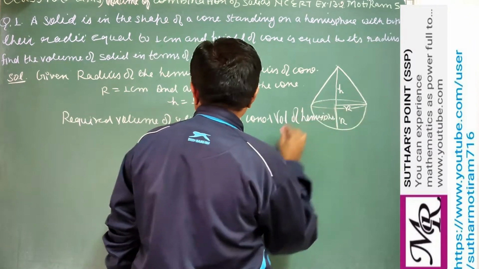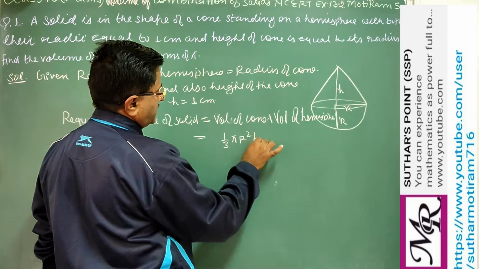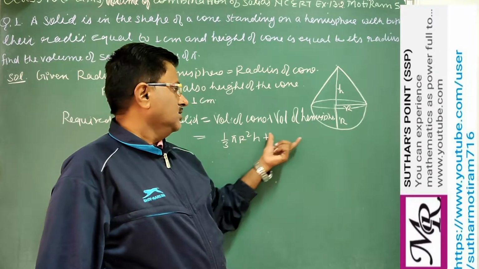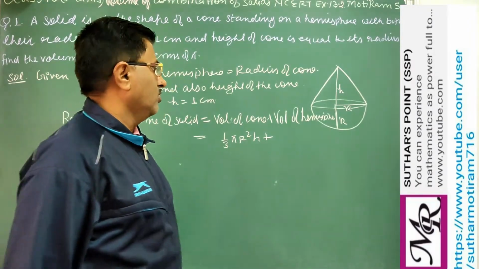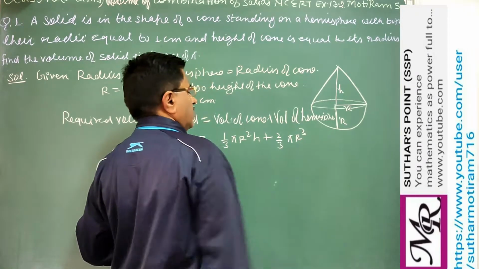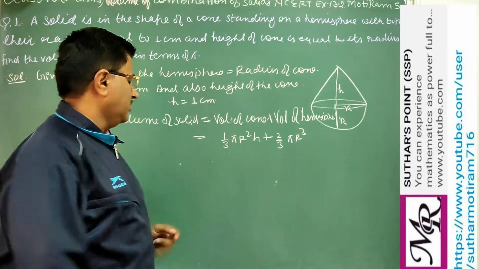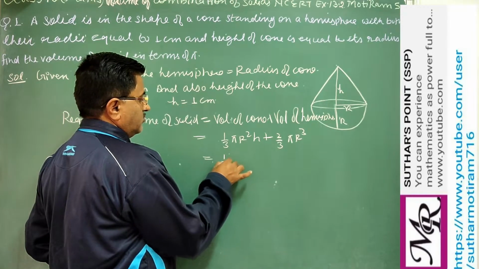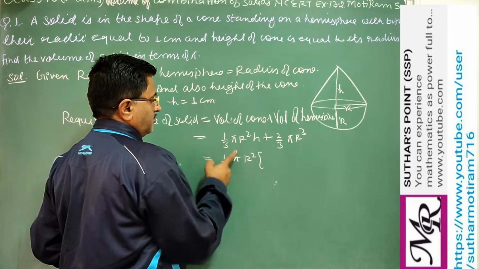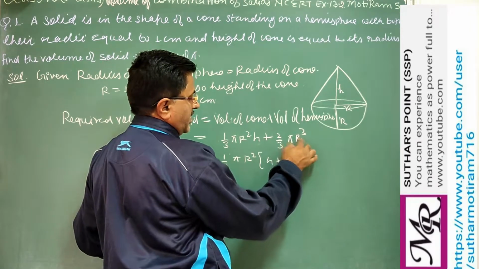So for volume of cone we use the formula 1 by 3 pi r square h. And we know the formula for volume of a hemisphere, that is 2 by 3 pi r cube. In both the r is same, that's why I am writing capital R. Now you may take common for easy calculation. 1 by 3 in both, pi is also there, r square also there. So in first we take 1 by 3 pi r square, so left only h. Here 1 by 3, so 2 left, pi we take r square, so 1 r is there.